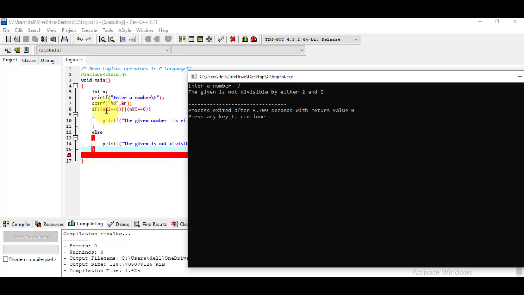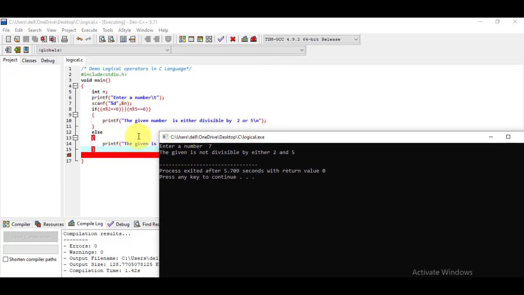So in both cases it's false, so it will return false and the body of else will get executed this time. Okay, so this is how we have to use the AND and OR operators.